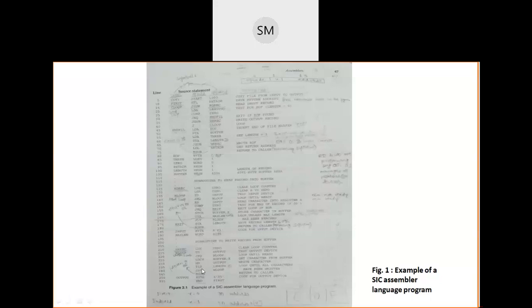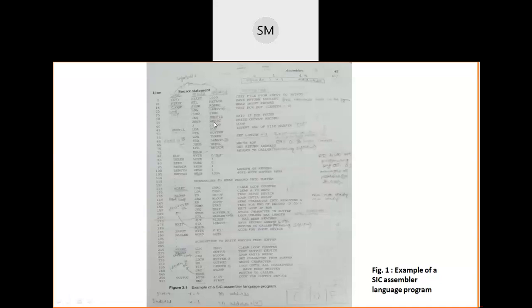Once the X value becomes 4096, 4096 is less than 4096, the condition becomes false, then I execute the return from subroutine instruction. Return from subroutine instruction will take your control back to the instruction which follows the JSUB instruction.